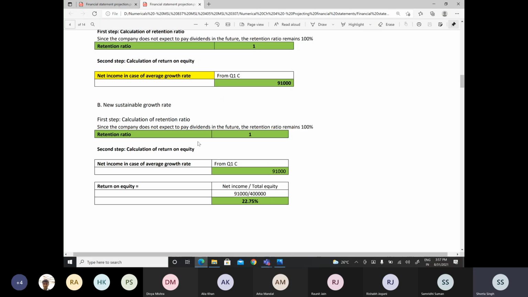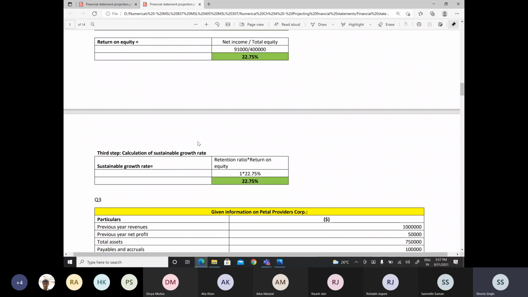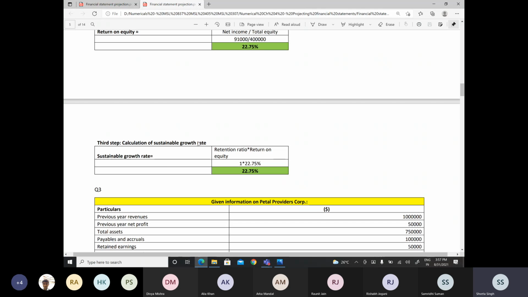We have the calculation for return on equity. Now we know that the net income which will come in the case of average growth rate is 91,000. So the ROE will now be 91,000 divided by 400,000, which is 22.75%. And then the new sustainable growth rate will be nothing but the retention ratio times return on equity, which is 1 times 22.75, that is